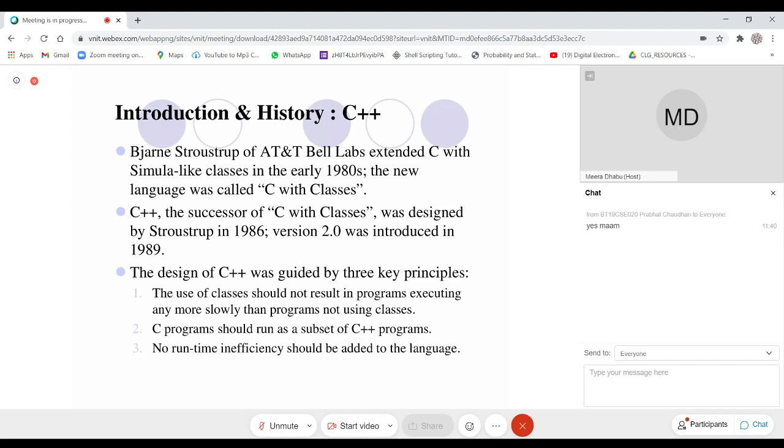Okay. Anything else? Think from the software development industry point of view. When C++ was introduced, C was already very popular.